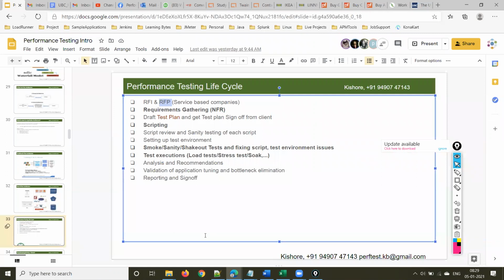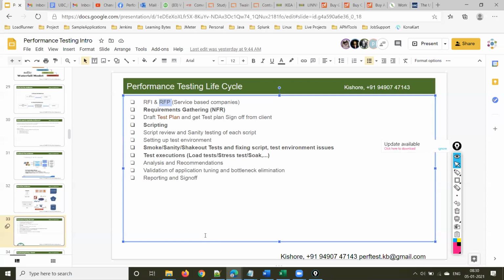So for the RFP, we have to understand the application architecture and their requirements at a high level, and come up with a solution. When I say solution, we have to tell them what type of load test we have to do for their application. We discussed different performance testing types, right? Yes, sir.